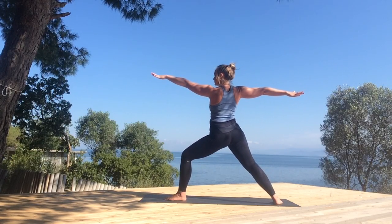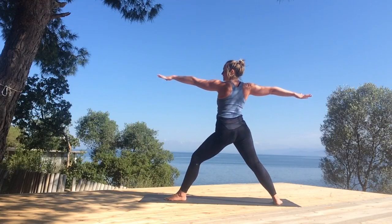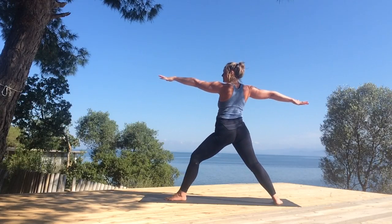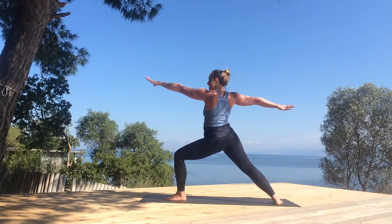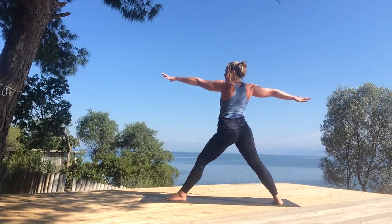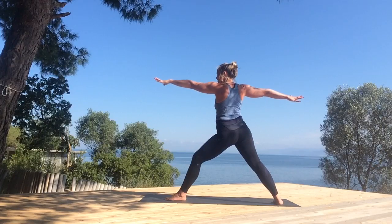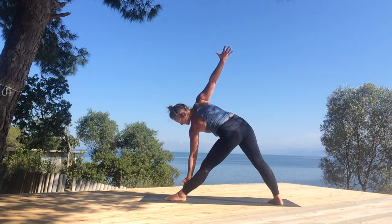Exhale to bend. Inhale to straighten. Exhale to bend. 2 more. Inhale to straighten. Exhale to bend. Inhale to straighten. Exhale to bend. Inhale to straighten. Reach your left fingertips forward, then down, either hovering the hand to the inside of that left